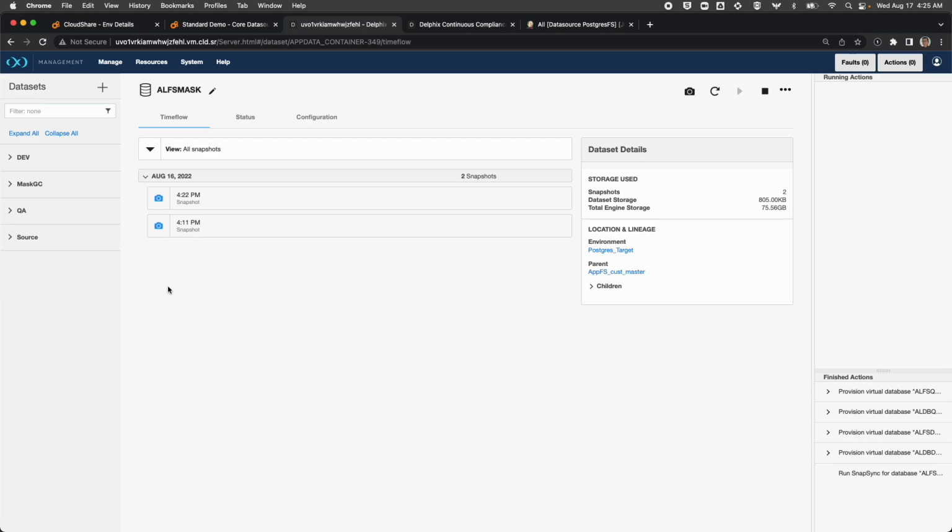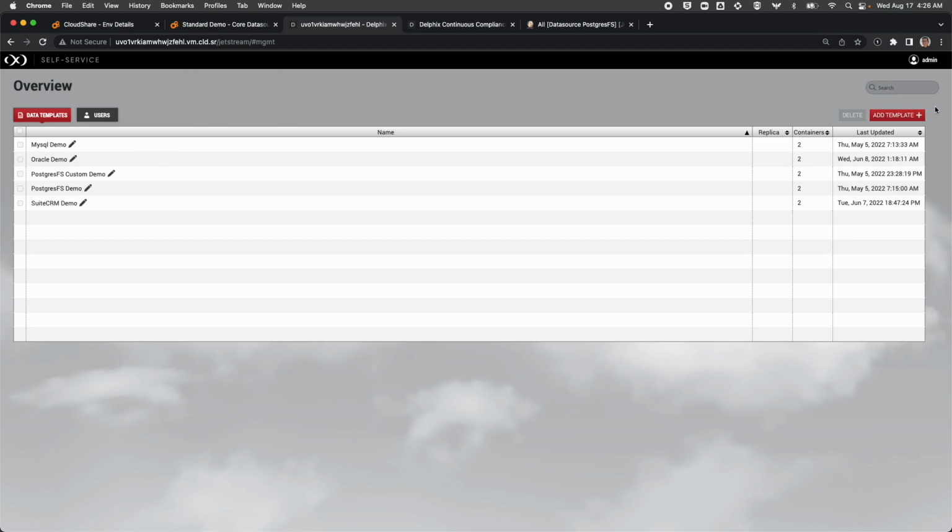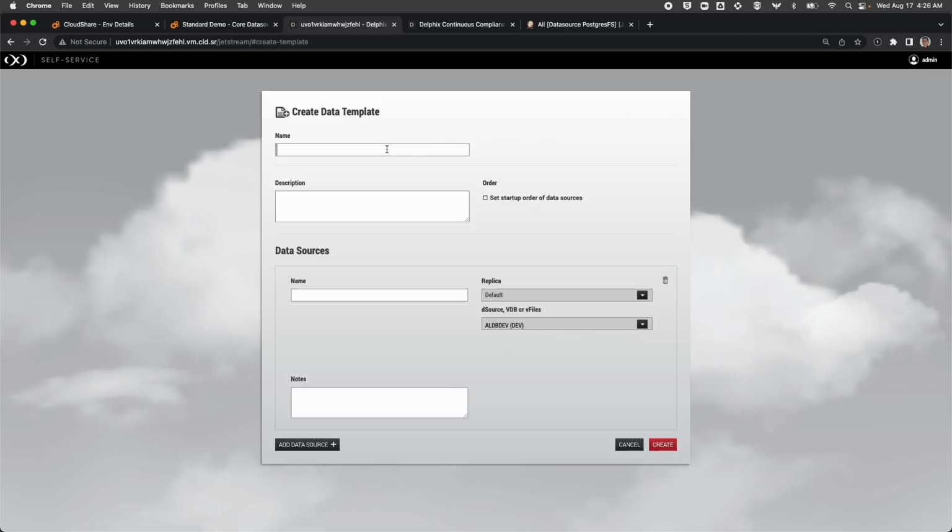The next thing we'll do is to create Delphix DataPod for self-service for both dev and QA. So we will go into the self-service portal and we will add a new template for our new application called AL. We will choose the data source. In this case it is the AL-DB mask, and give it a name. Use the same name here,